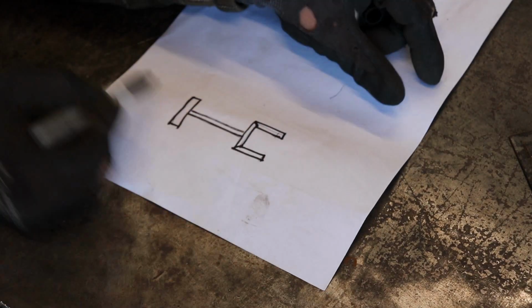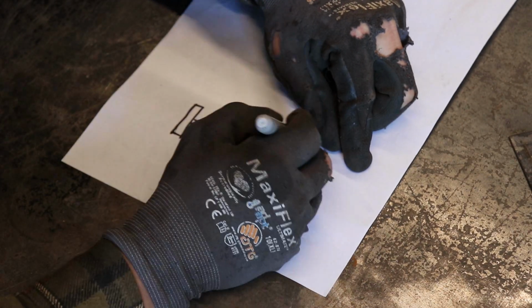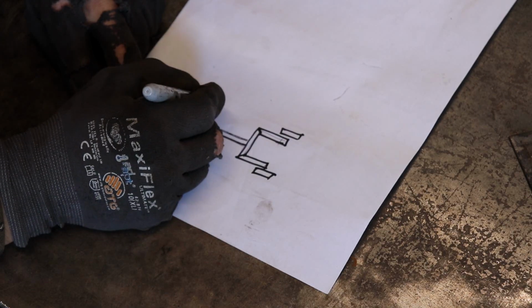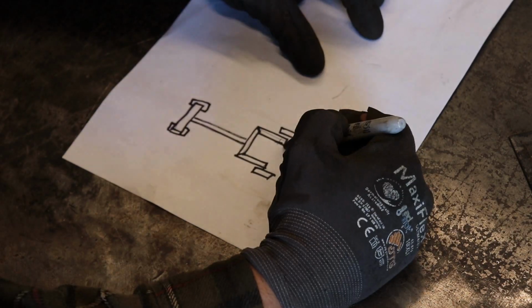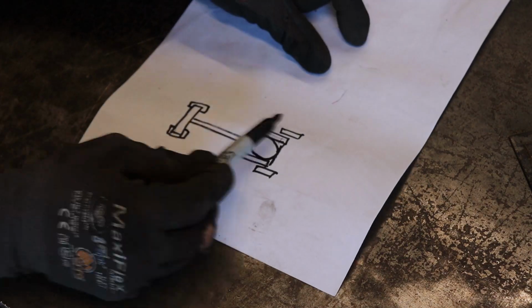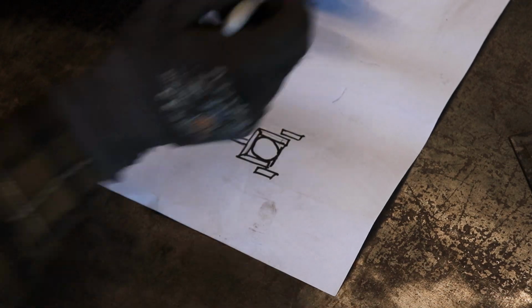So that'll be the bottom bit, the wheels will be sitting like that, and then the casters will be underneath the front there. And then they'll have a plate across the back here, and then the gas bottle will obviously sit there. So that'll be the sort of chassis of it, wheels and everything. And then from the side view,